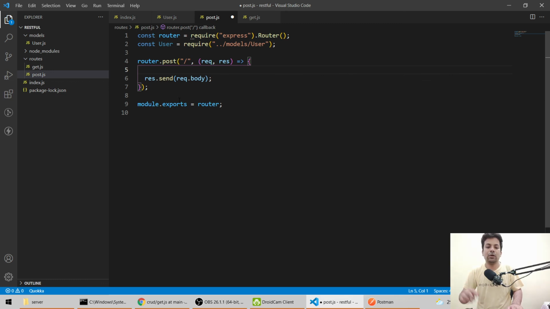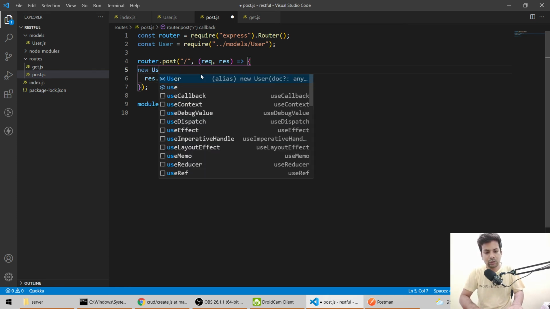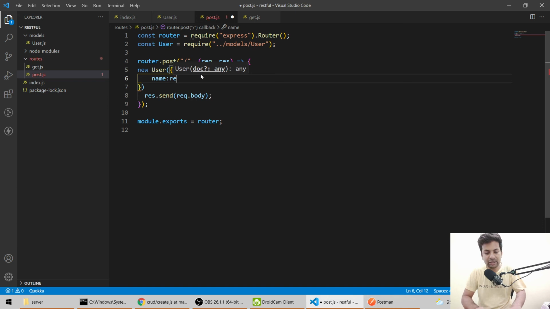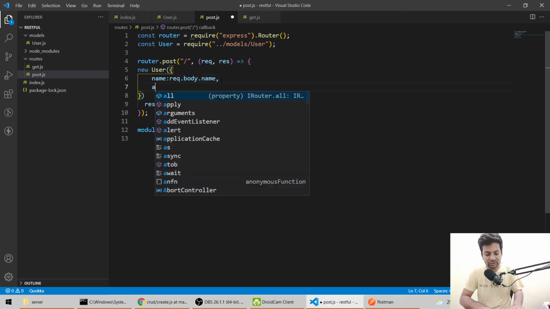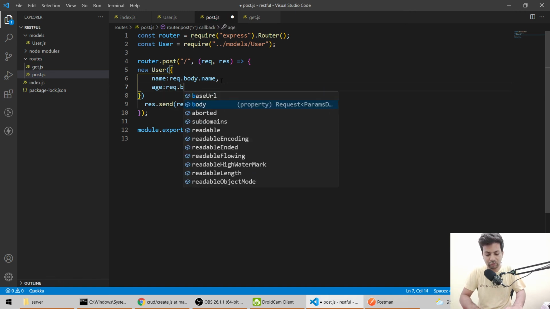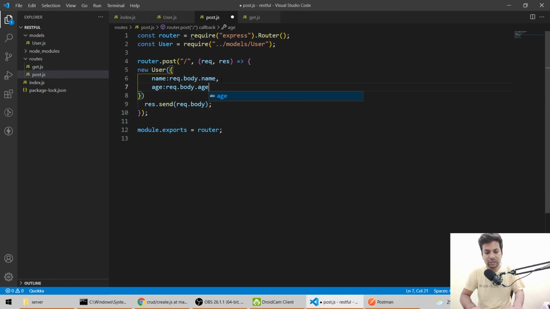So now for pushing the data, what we'll do, we'll say new user, and here we'll make a JSON. We have a name that will come from request.body.name, as I have already told you, and we'll send the age, and it will also come as request.body.age.